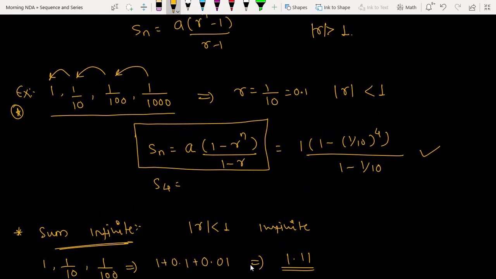So this was the formula for when r is less than 1 for the infinite series. Now tell me, r raised to the power n, where r is less than 1, if we take its highest power it is approximately equal to 0 only. Are you getting the point? It is approximately equal to 0. That's why we are discarding this. 1 minus 0 is 1 only. So the answer becomes a by 1 minus r.